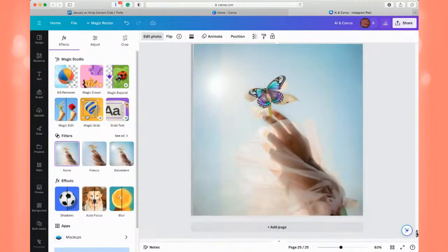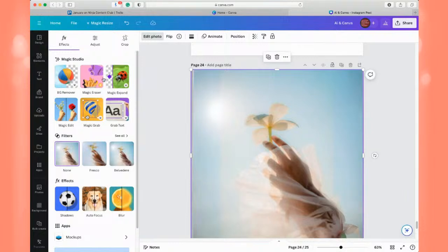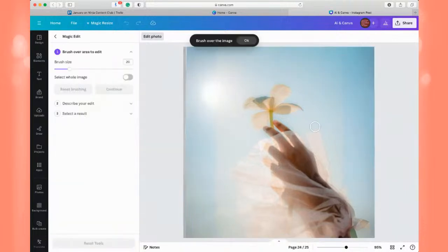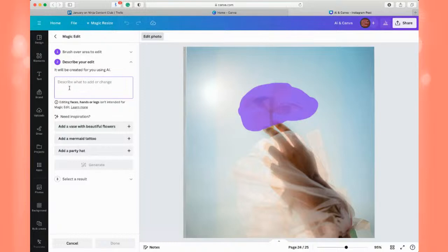So after I did that, I ended up adding a photo. So let me just do it. And I wanted you to see it because you know how there may be a delay like I said before. So I'm going to do the magic edit, like I shared with you. And I'm just going to do this. And like we can have fun with it and say continue. And then you describe what it is you want. Oh, looky here, you can get some inspiration. In the previous picture I showed you with the butterfly, I said a butterfly and I gave the colors. But you could do,